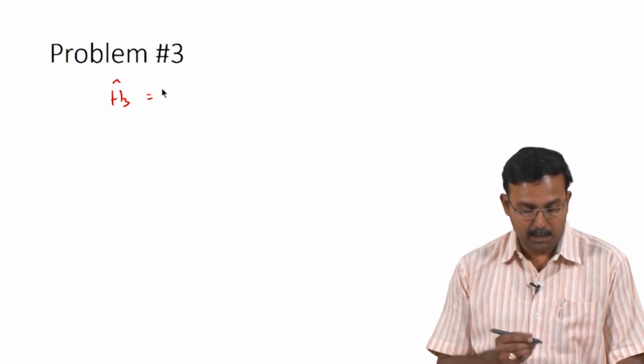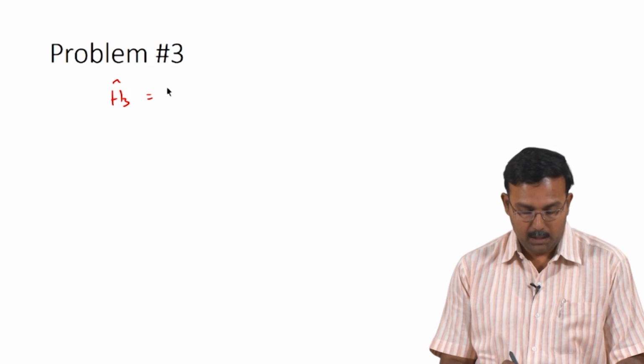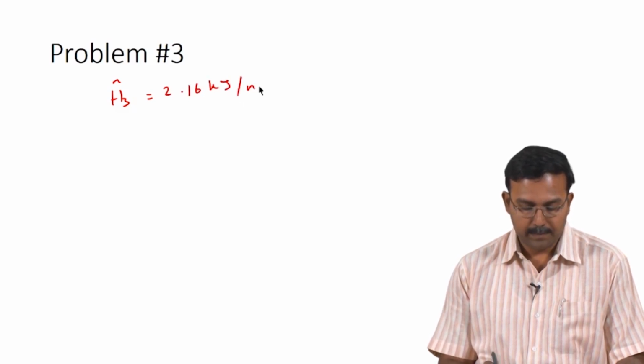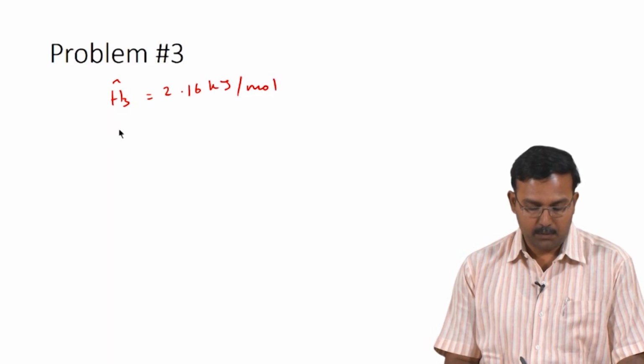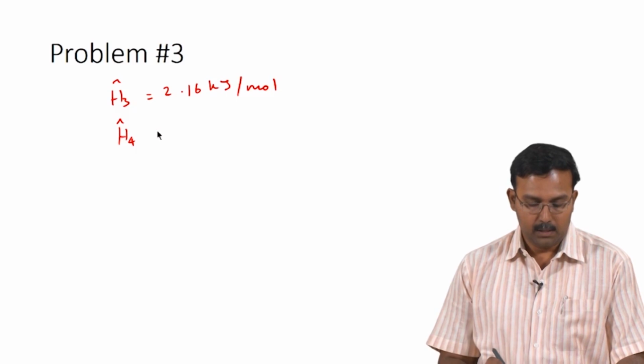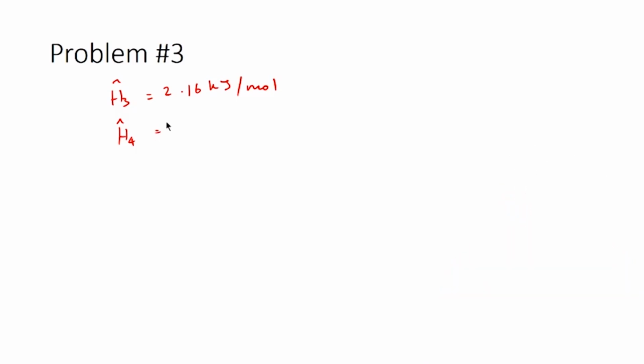So, this value can be obtained from the table, which would be 2.16 kilojoules per mole, and H4 cap can also be obtained from this kind of a table. So, H4 cap is for the nitrogen at 100 degree Celsius. So, again from the combustion gas table you will be able to get this value, which is 2.19 kilojoules per mole,